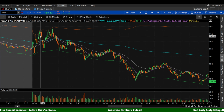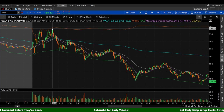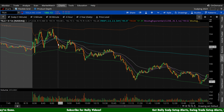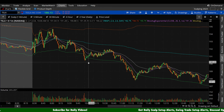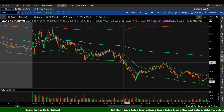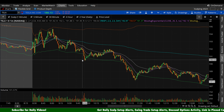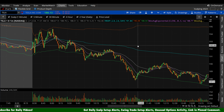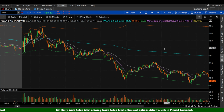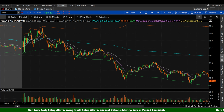You can see here, we saw this mild rejection setup forming early. For me, I would have liked to see a little bit more development. We then flipped to this bounce setup, and it just got sloppy. This channel tightened down just a little bit too much for my taste, taking into consideration the sloppiness of this setup. Again, completely unrelated from the bigger picture on Tesla, but the intraday opportunity is important to potentially help generate